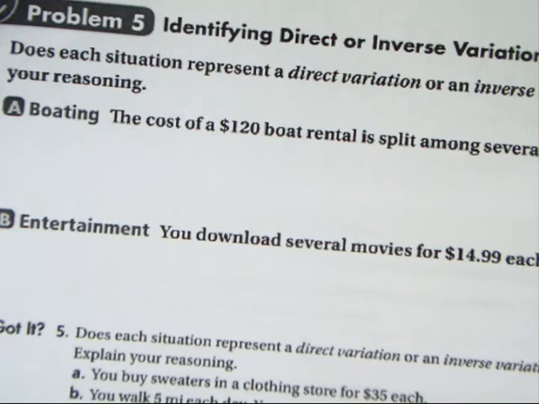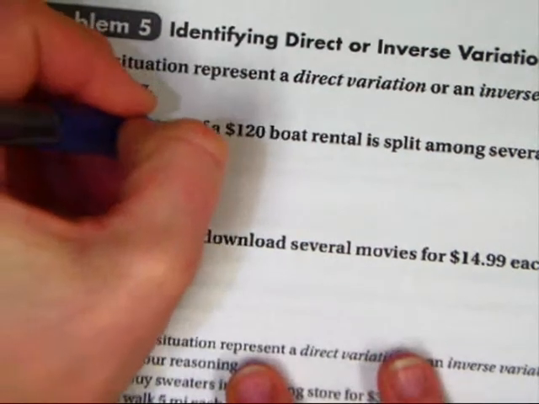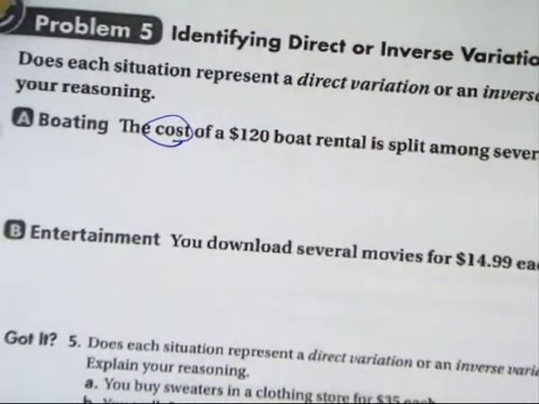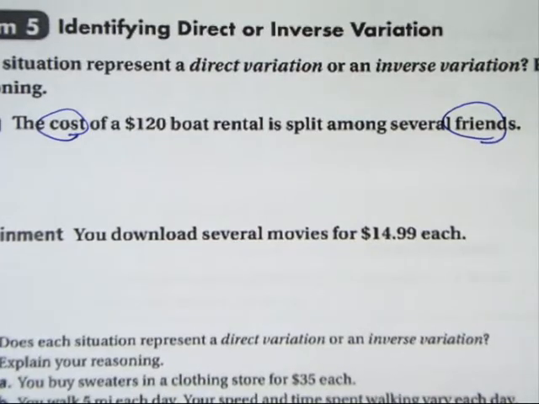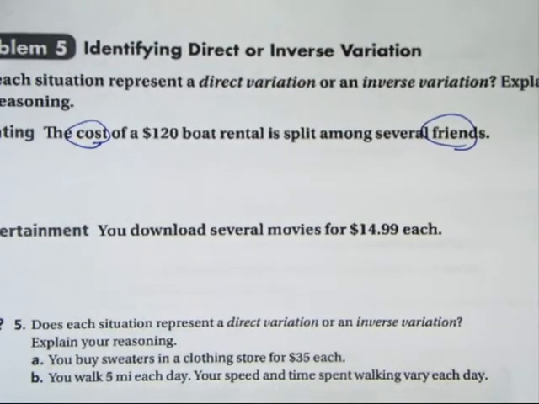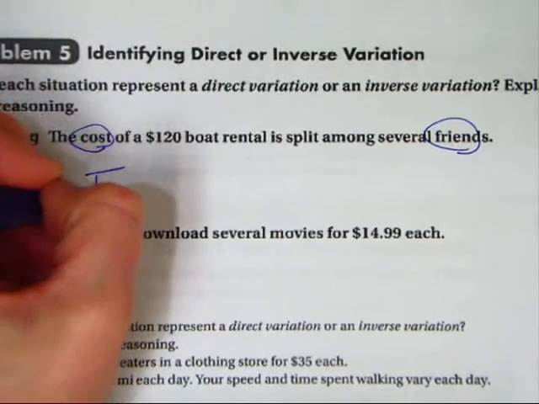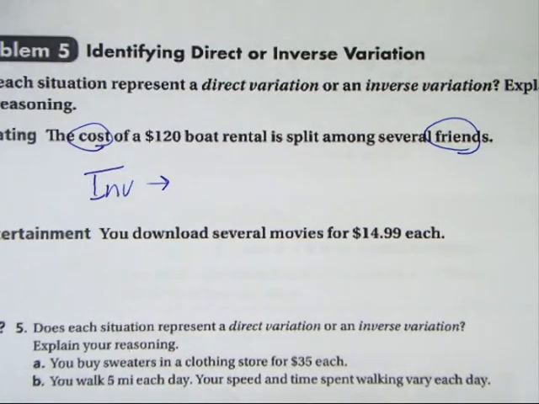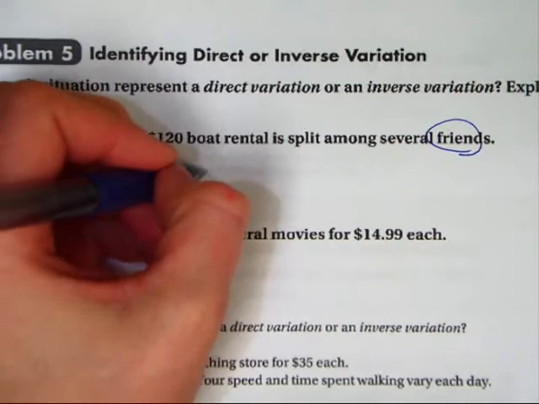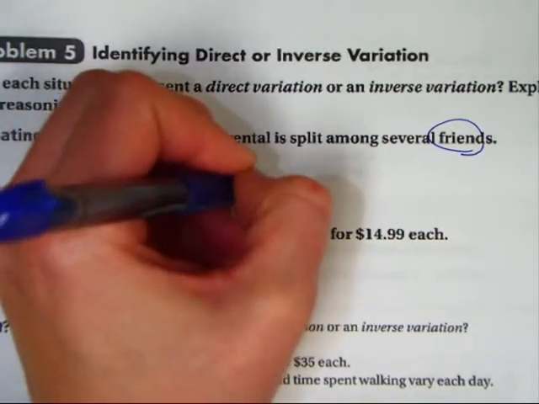The cost of a $120 boat rental is split among several friends. So what you want to talk about is what's happening to the money? What's happening to the cost as the friends increase or decrease? Think about it. You have 120 bucks and you're going to start splitting it. This is an inverse. Now you might be questioning, why is it an inverse? It's an inverse because the cost is going to decrease